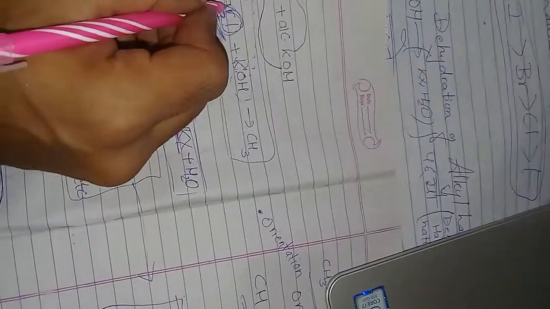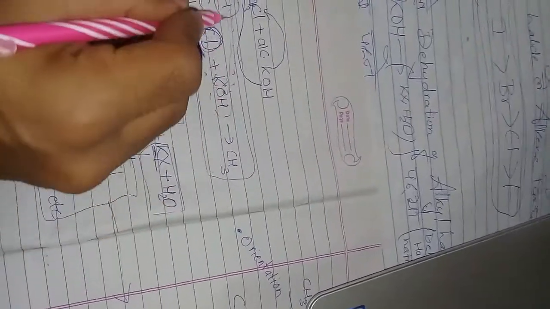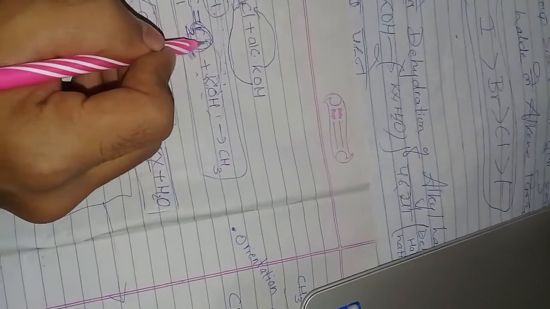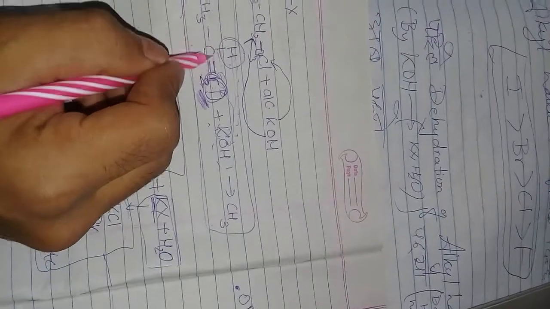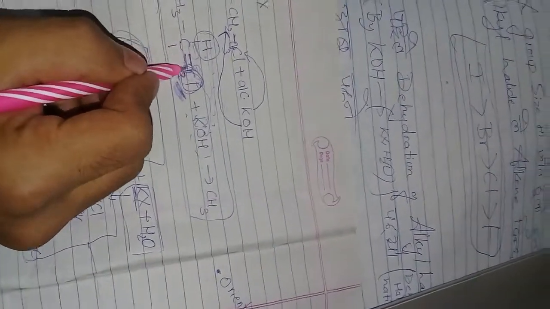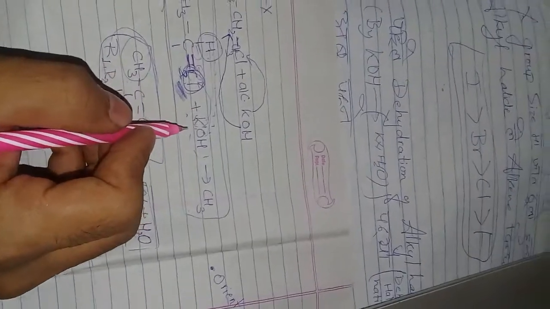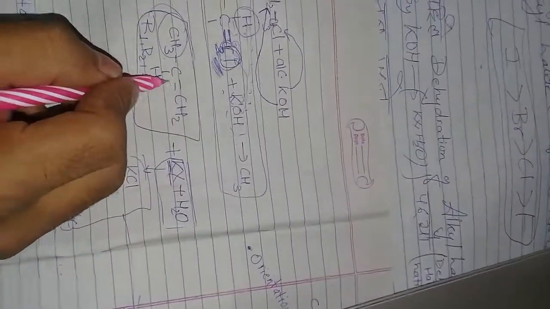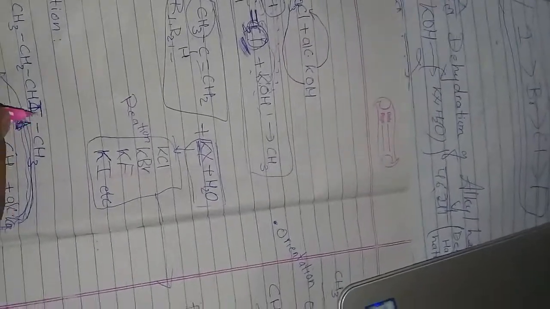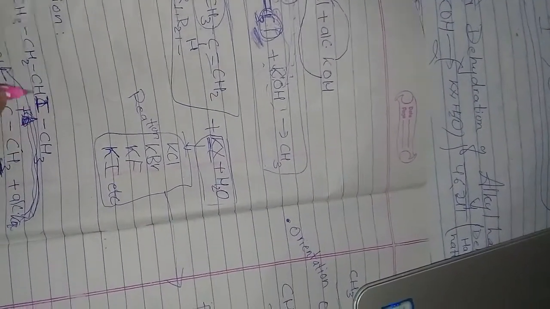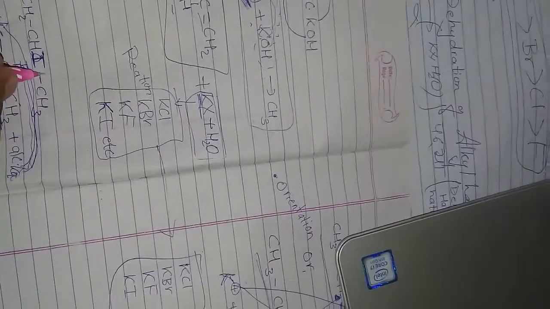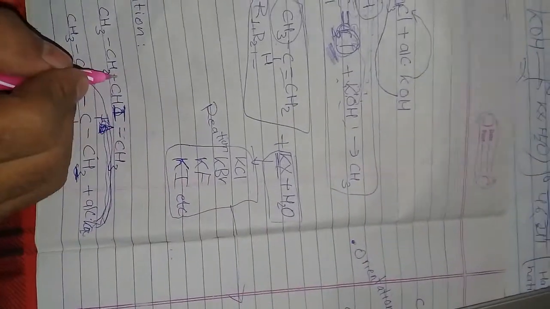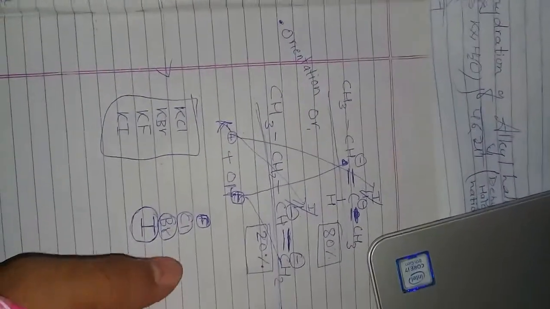Okay, what we studied: mechanism in dehydration of alkyl halides. Mechanism takes place when OH goes and attacks on the H side, K goes and attacks on the Cl side, so that one bond will be formed here, one bond will be formed here, and both bonds will be fulfilled by making a double bond between carbons, so that the result is alkene. And orientation: when alkyl halide is present between two carbons, then the double bond can be formed on any side, for example this side or this side, to bring a balance in the reaction.